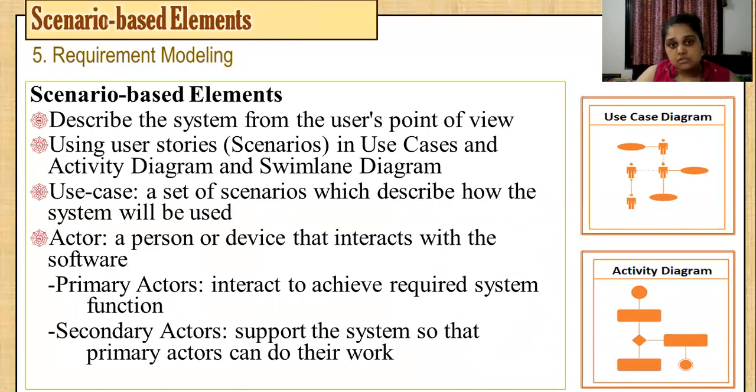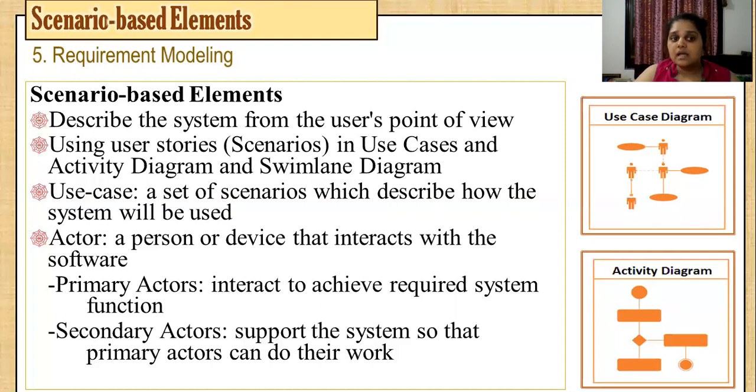These user stories or scenarios are called use cases, and they can be depicted using a use case diagram, activity diagram, and swim lane diagram. These three diagrams are basically studied in the scenario based elements. Today we are going to focus on the use case diagram only.